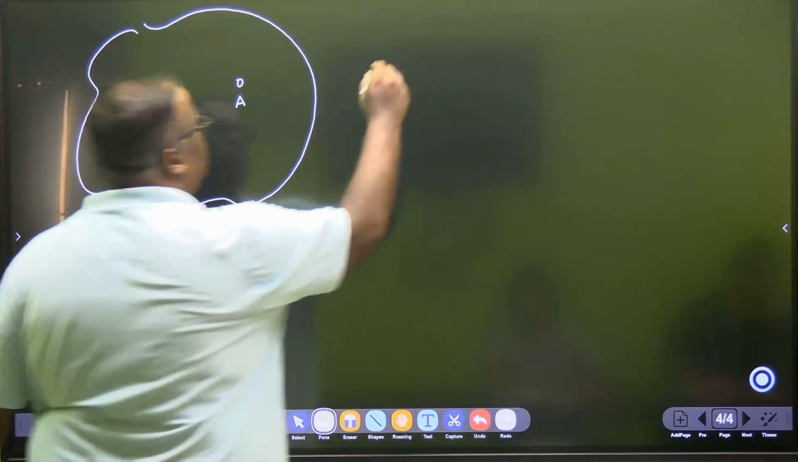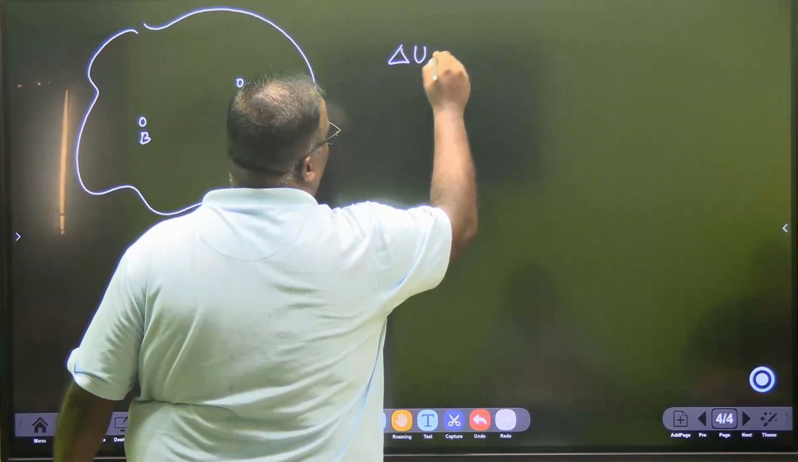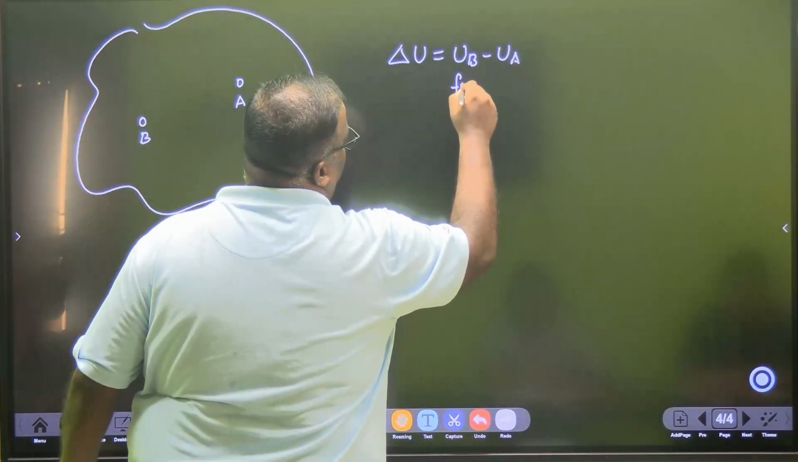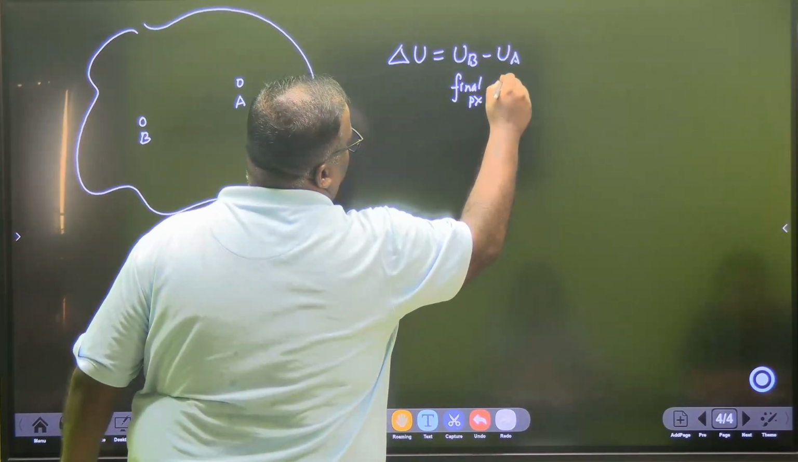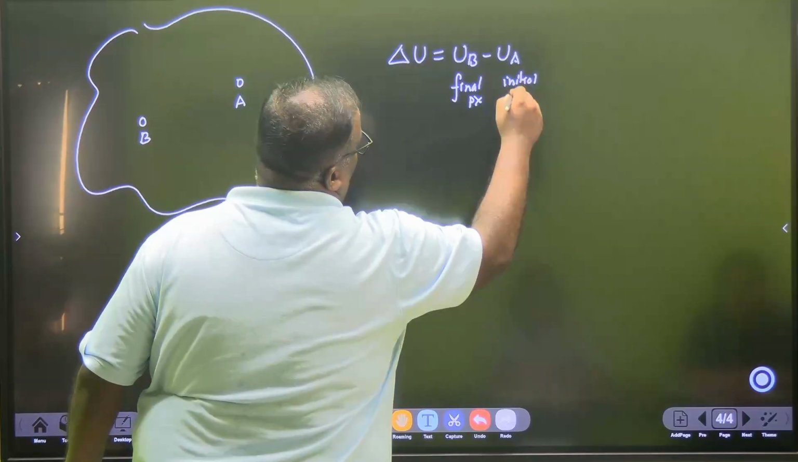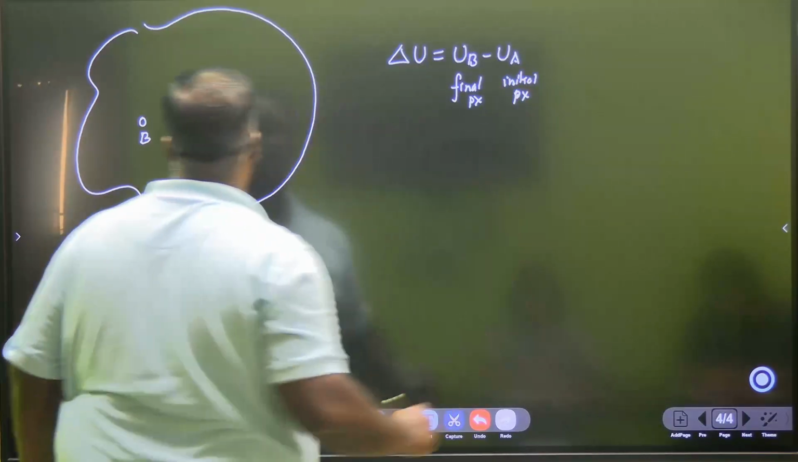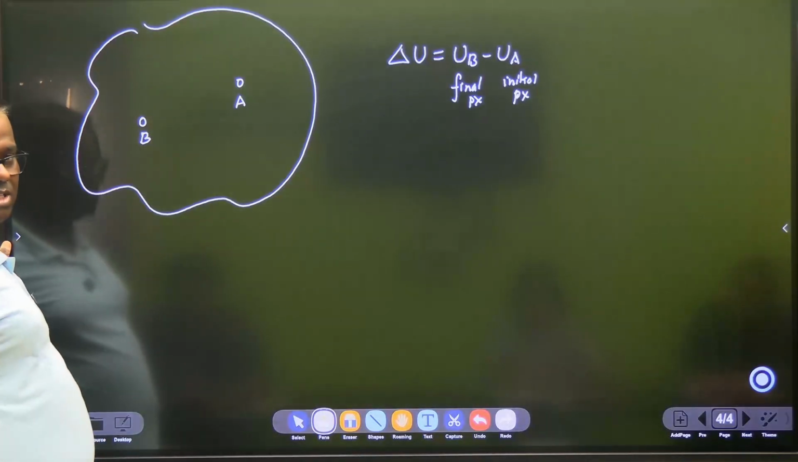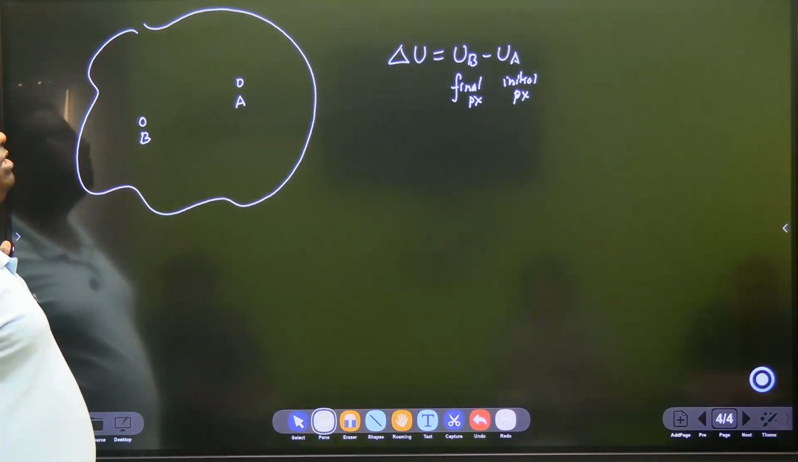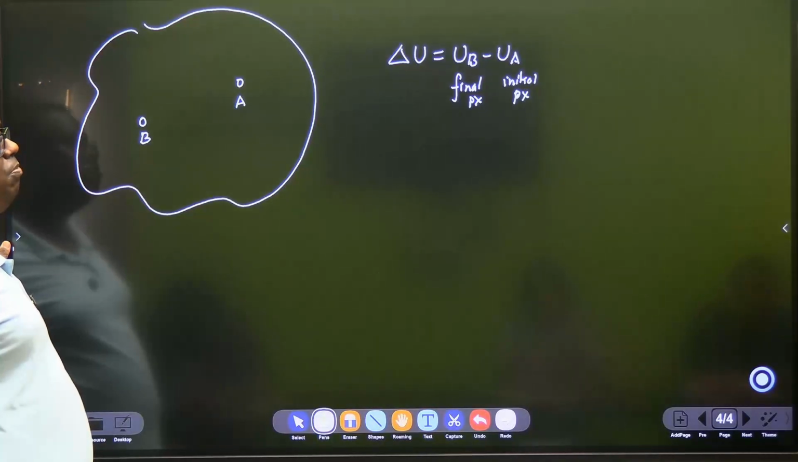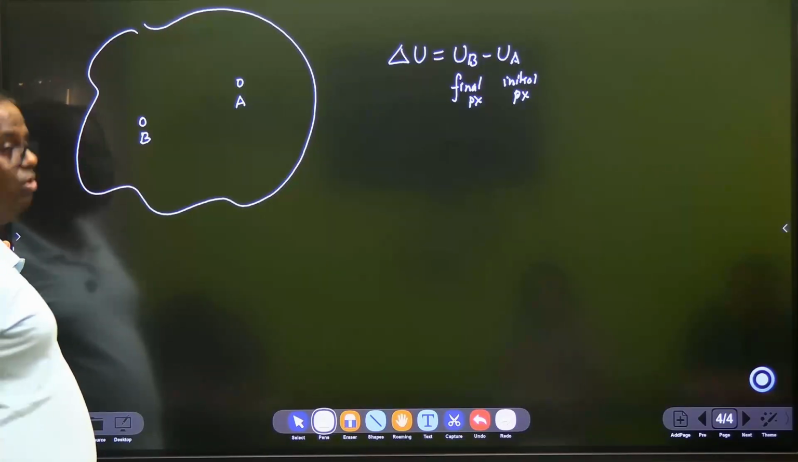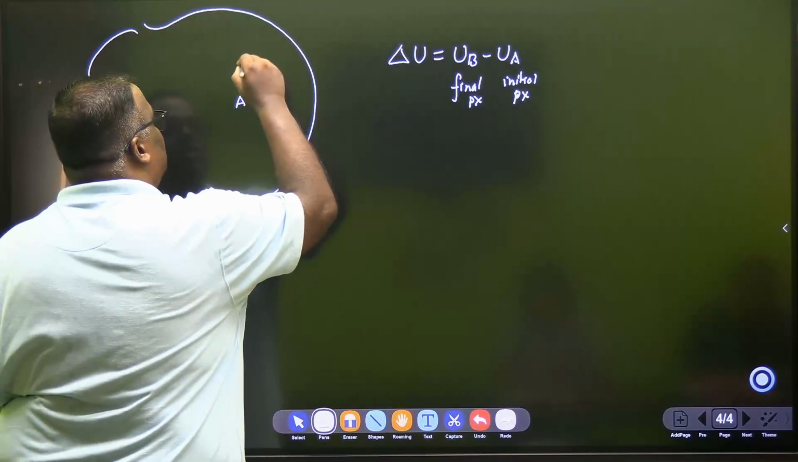That means I am trying to define a delta U, which is UB minus UA, because this is my final position and this is my initial position. Okay, it's always final minus initial. So the electric potential energy difference between 2 points in space, the points being referred to as A and B, A being the initial point and B being the final point, is defined as the external work done to move a test charge,